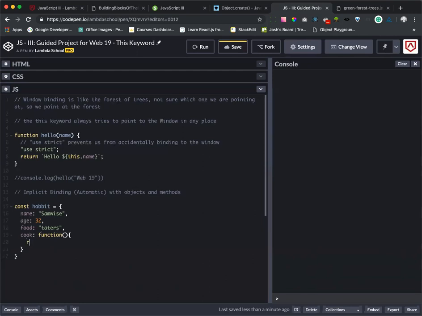And then we'll say return. We'll use our string template literals. We'll use our $ sign to escape out. And we'll say Samwise. Well, we'll start with just a hard-coded string and see how we can get better. So Samwise loves to cook taters. All right. So in this instance, we then say